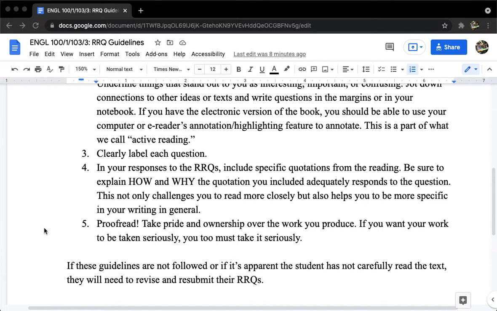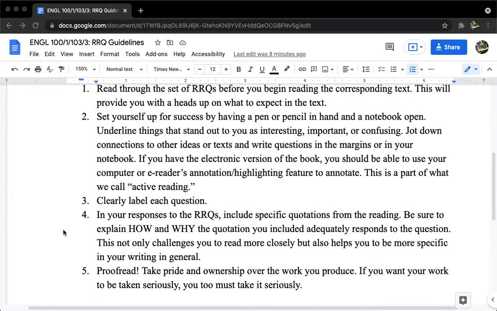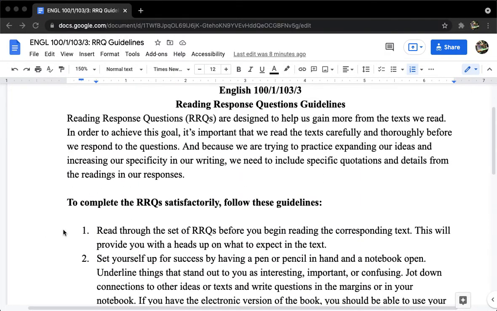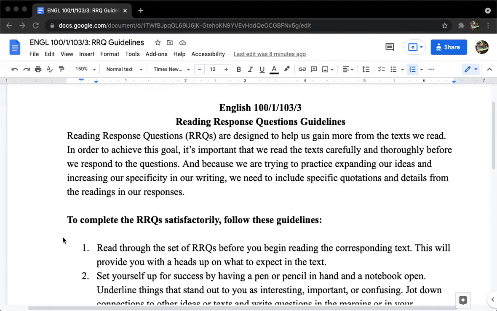If these guidelines are not followed, or if it's apparent the student has not carefully read the text, they will need to revise and resubmit their reading response questions. So all of this, just to provide some context, the reading response questions, as I've explained, are designed to help you gain more from the things that we read in our course. So they're meant to target your focus on specific